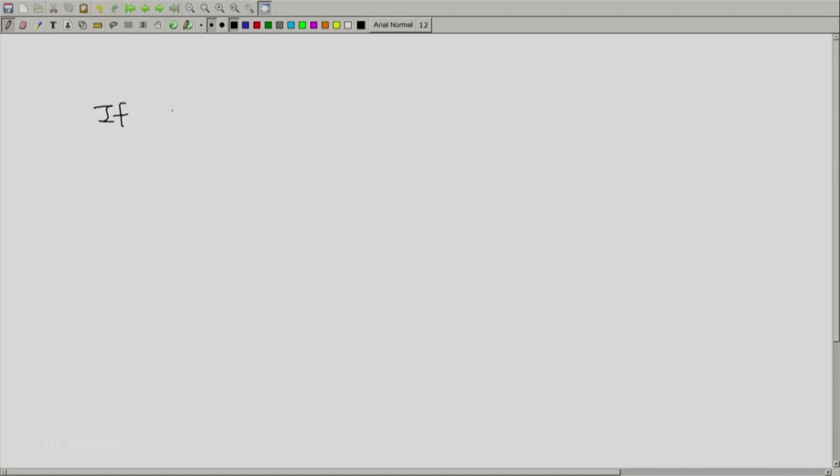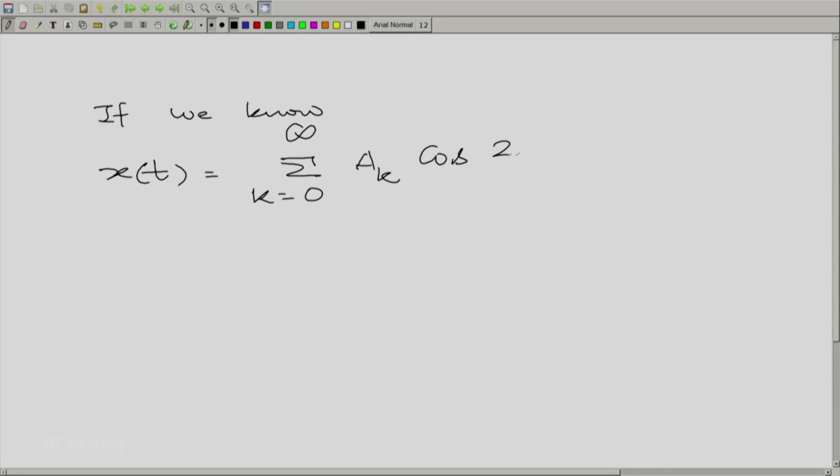In fact, now I shall show you in a minute that we can get the same expression if you know the sinusoidal decomposition. Getting this is very easy. Let us write that down in a minute. If we know the sinusoidal decomposition, so if we know xt is of the form summation k going from 0 to infinity ak cos 2 pi by T times kt plus phi k,